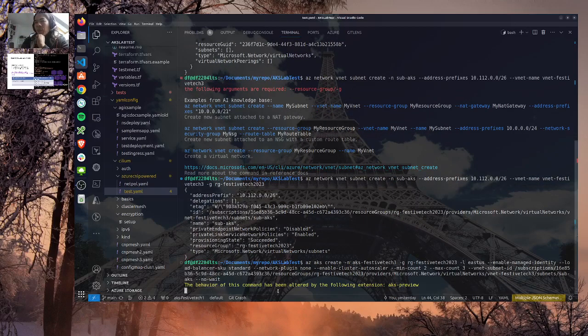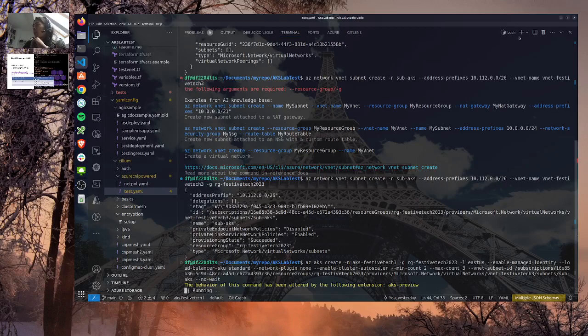You see the AKS preview command line as I mentioned. So it's preparing to run. Even if I said no wait, we'll do the second one.